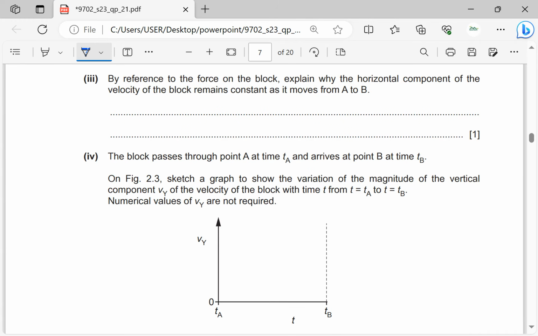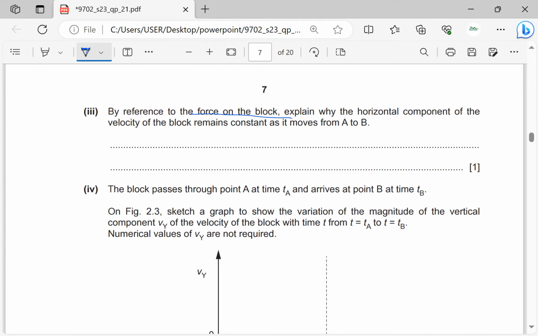By reference to the force on the block, explain why the horizontal component of the velocity of the block remains constant as it moves from A to B. By reference to the force on the block, of course, if air resistance is negligible, the only force acting on the block is the force due to gravity. And we know that the force due to gravity acts in the vertical, so we shall simply say the only force